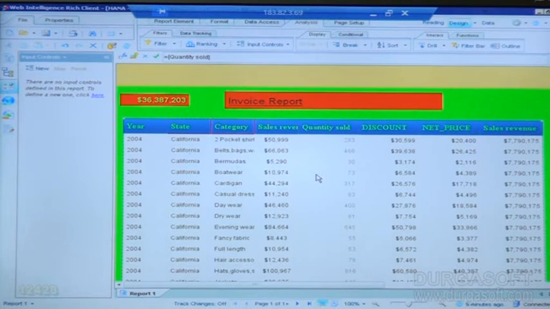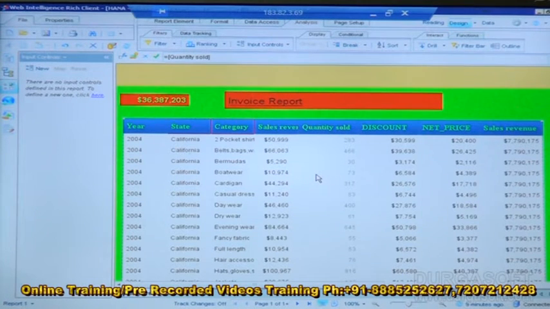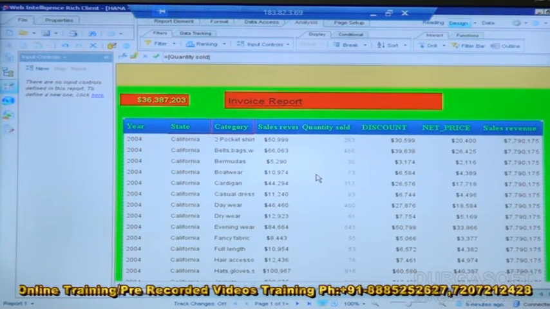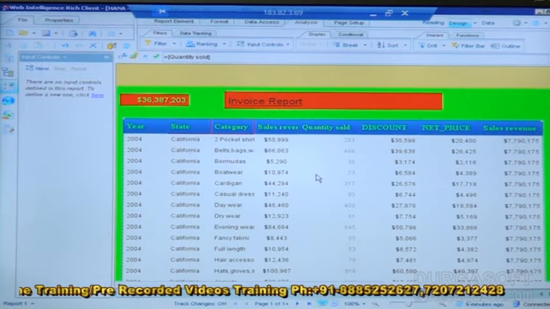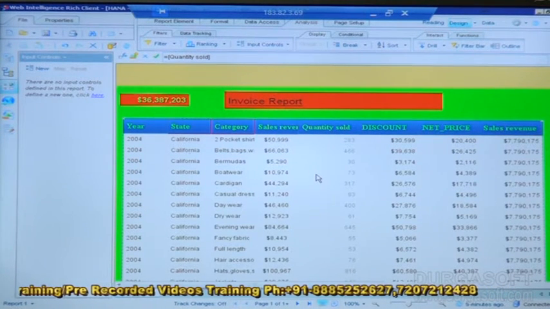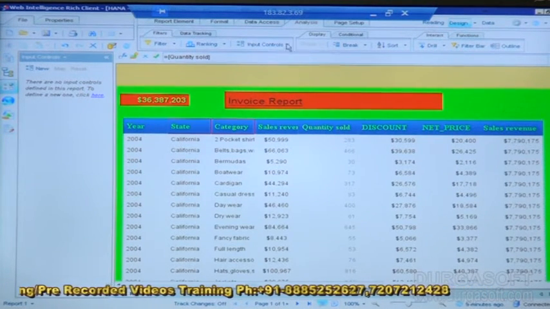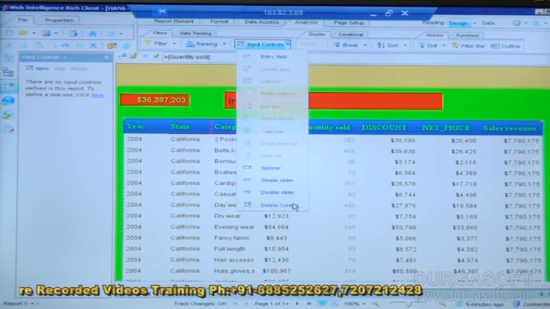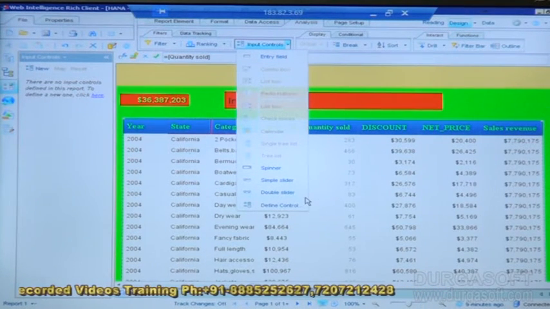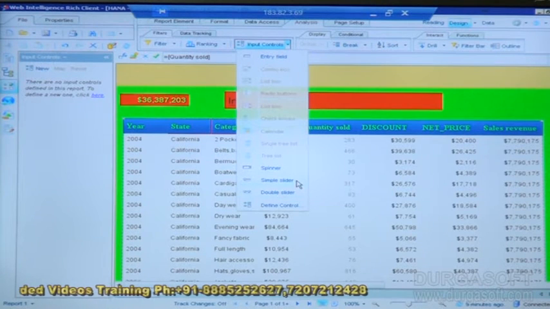So we can use a minimum value and a maximum value, and as you scroll right to left, left to right, we get all the values. This spinner works in two ways: we can use a single spinner, or multiple, double, and other types.